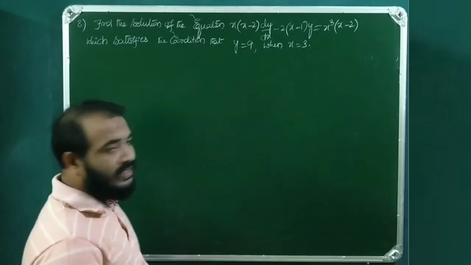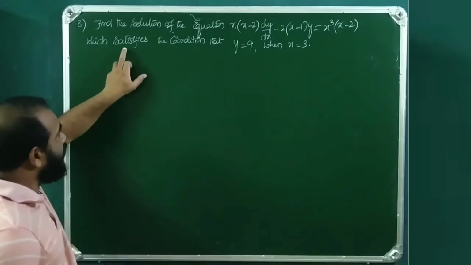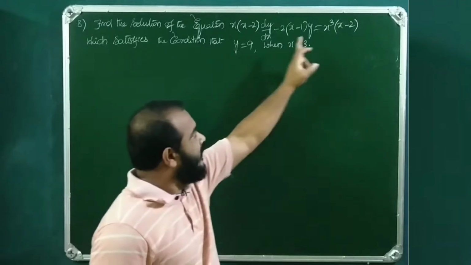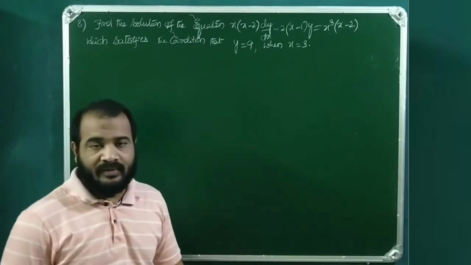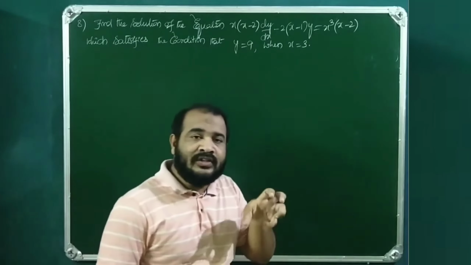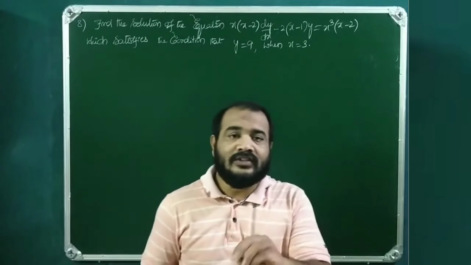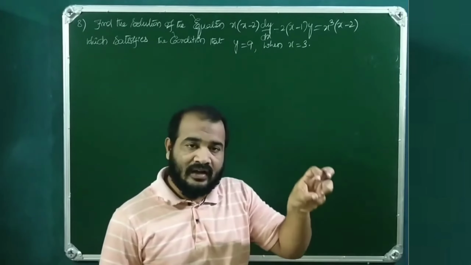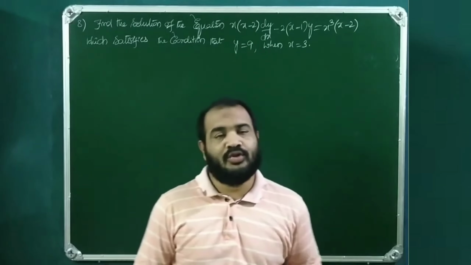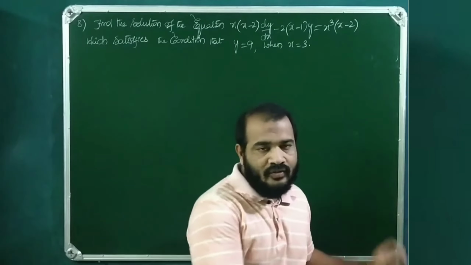But this problem is a little bit different from the other problems, because here we will satisfy the condition y equals to 9 and y equals to 3. So here x and y values are given. Whatever the values that we are going to get ultimately, which is the general solution, substituting this x and y in that general solution will give the particular solution. He is asking us the particular solution. So let us find